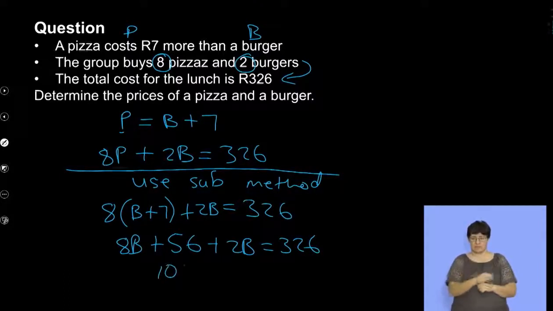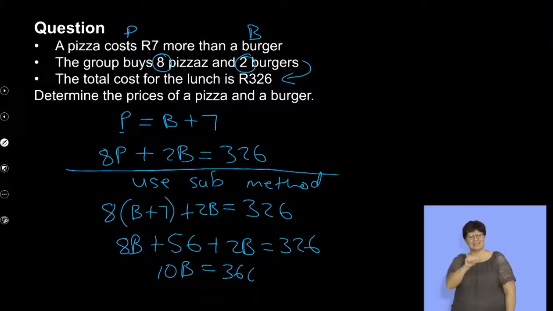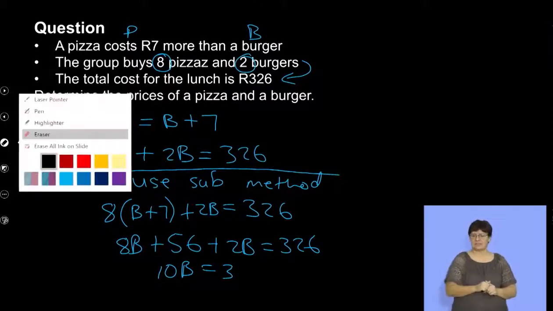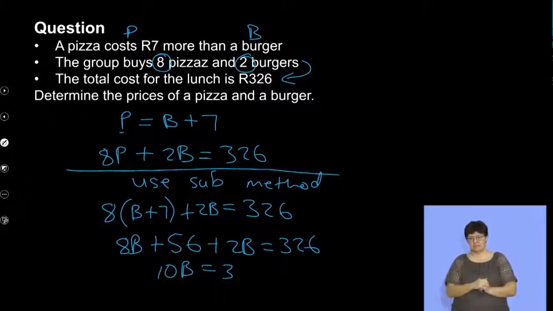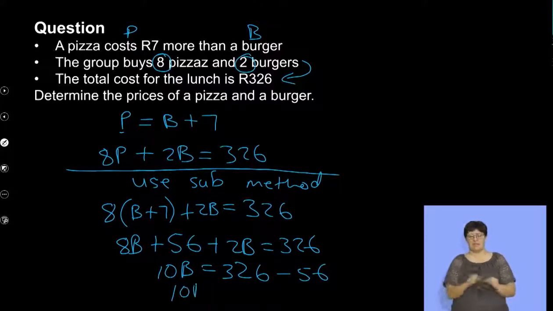This will give me 10B equals 326 minus the 56. Lastly, 10B equals, if I minus 56 from 326, it will give me